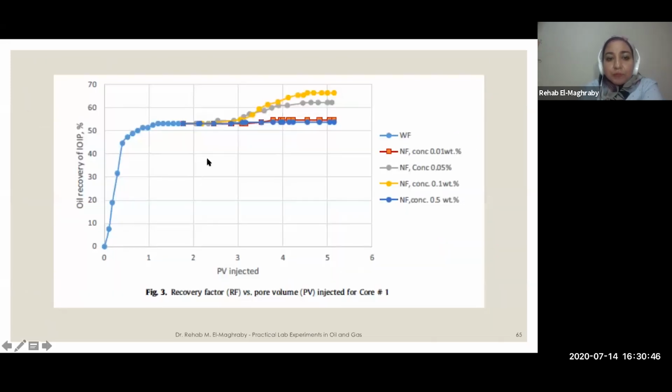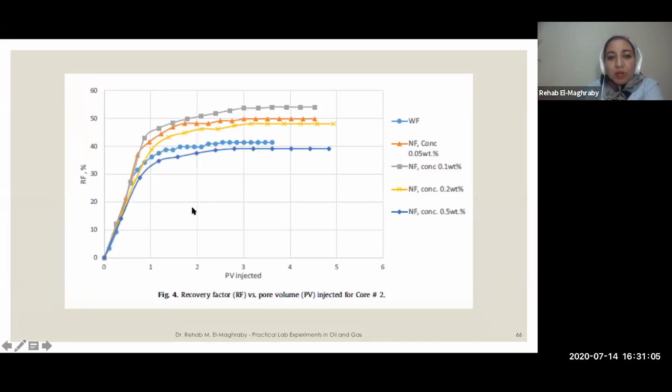In this case, we used silica nanoparticles as a tertiary recovery technique. We started with brine until we reached a plateau, then we started with the silica nanoparticles until we reached another plateau. But sometimes we want to play: instead of starting with water flooding, we start directly with the silica nanoparticles and see if we don't have to apply a secondary, then tertiary technique. We can directly inject silica instead of water flooding. And actually, there is an interesting higher recovery when we use silica, like at a concentration of 0.1%, which is the